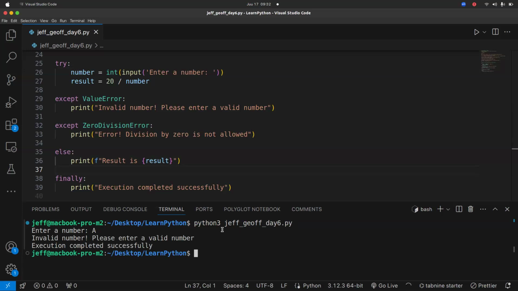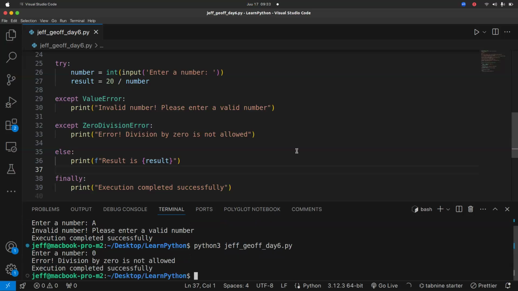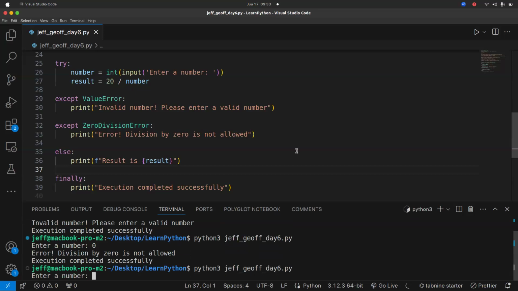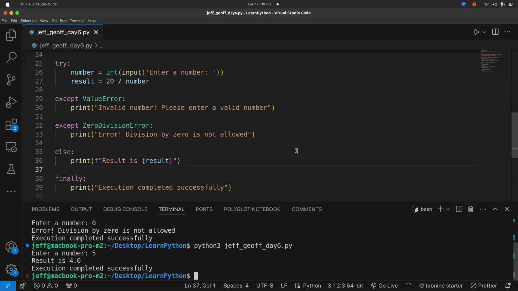Because we put a string instead of an integer. Okay? Now let's try the second one. This time let's put 0. We get definitely the zero division error. Division by 0 is not allowed. Now let's try with a valid number like 5. Then you get the results right away and execution completed.